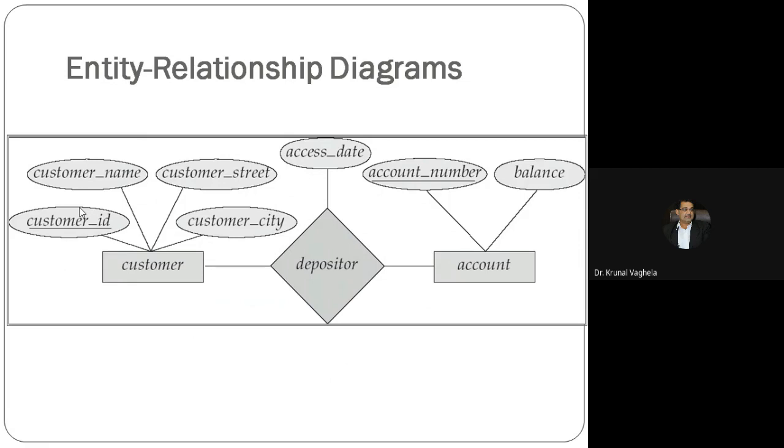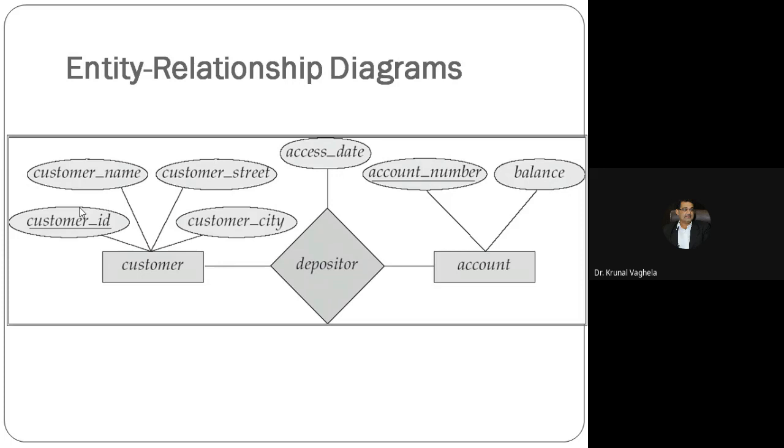How is this diagram different from the earlier ones we have seen? So these are two different. Other than the relationship between loan and borrower, and borrower and customer, now we have customer and account. If I am an account holder, I am a depositor. Again, customer ID, customer name, state and city, and account number and balance.